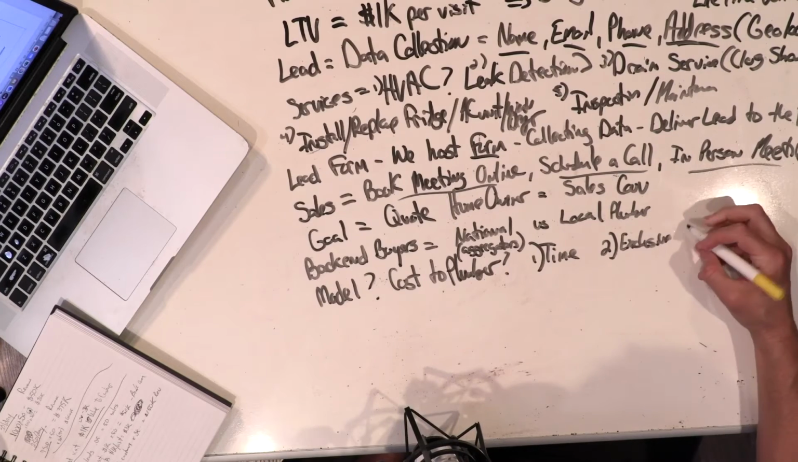That means when you generate the lead, how much time do you take to deliver that lead to a plumber? It could be real time, it could be 2 days, it could be 15 days, it could be 30 days. The quicker you deliver it, the more expensive it is. Number two is exclusive versus